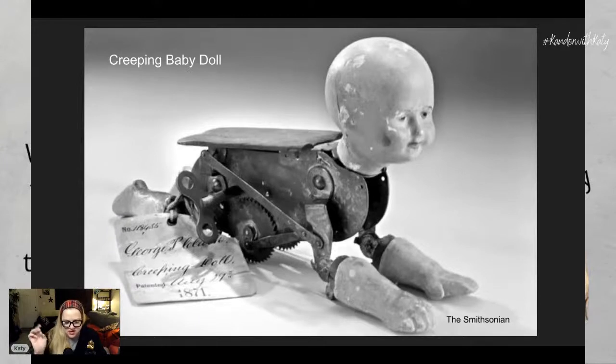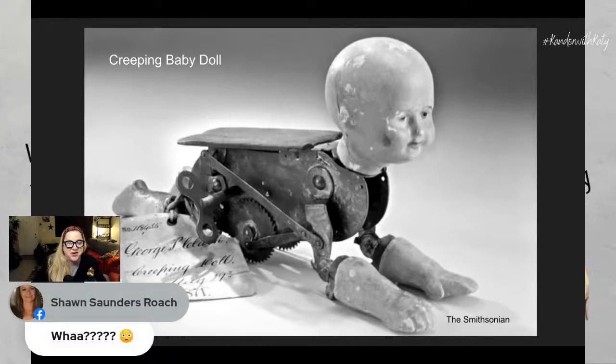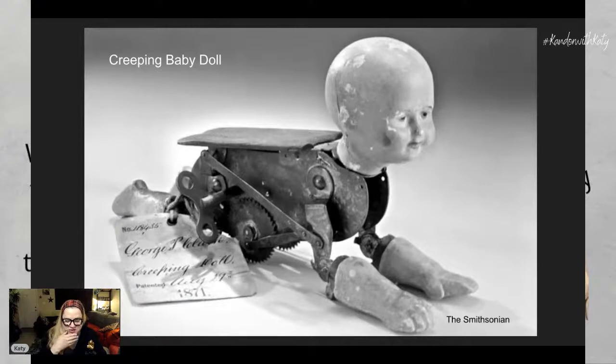This was in, well, I don't even know. It doesn't say what year it was. Oh, here it is. This model of a mechanical crawling baby doll. Oh, I'm going to leave the year blank. You guys guess. Guess what year or decade? Shot says, whoa, I know, it's creepy, right? Okay, so this one was patented in a certain year, and I'll come back and say, if somebody wants to guess, because it would be fun.